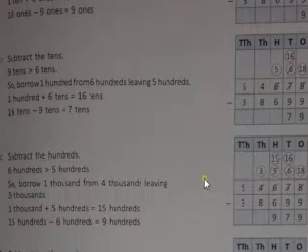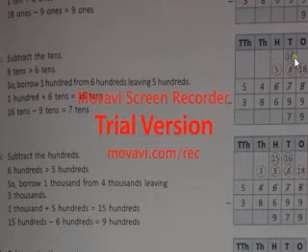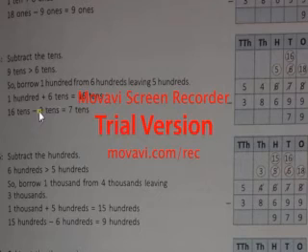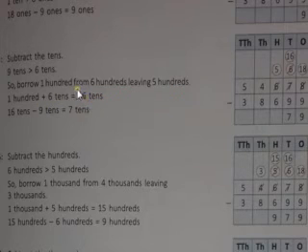And in the second step, what it has been done, from 6 also 9 will not go, so 6 has also taken carry 1 from here. From 100, 1 it has been taken, and this 6 becomes 16, because when we take carry from 1 it becomes 10 for the other one. So 16 minus 9 is 7. You can see over here, same thing it has been written. 9 is greater than 6, so borrow 100 from 600, leaving 500 over there. When 1 is taken as carry, then 5 is over here. Okay, so 100 plus 6 tens becomes how much? 6 tens means 60. So 100 means 10 tens. So 16 tens it becomes. So from 16 tens, 9 tens goes, then it becomes 7.